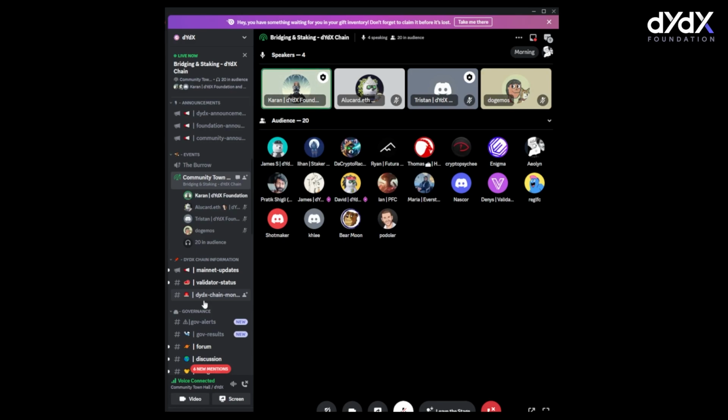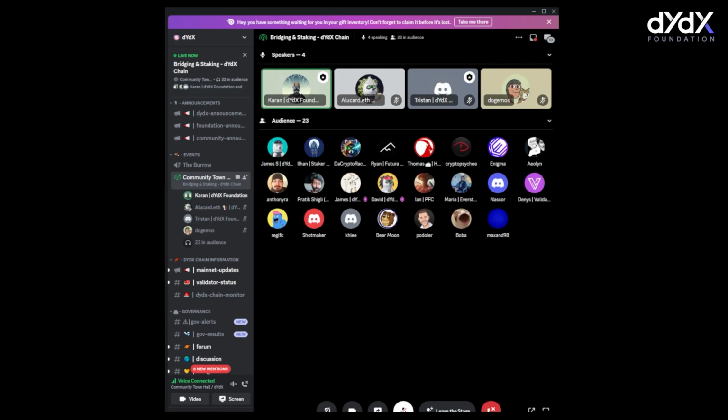But before we begin the process, what's important to understand is it is very crucial for the ecosystem right now for dYdX holders to bridge and stake their tokens to make the chain more secure. And as the operation subDAO announced, the chain is in an alpha phase, which essentially means there's no trading enabled yet until there is enough stake on chain to make sure the chain is secure. There are ample resources available. If more and more liquidity trickles into the chain, there should be sufficient security bound to the chain, right? Let me share my screen and I can walk you through